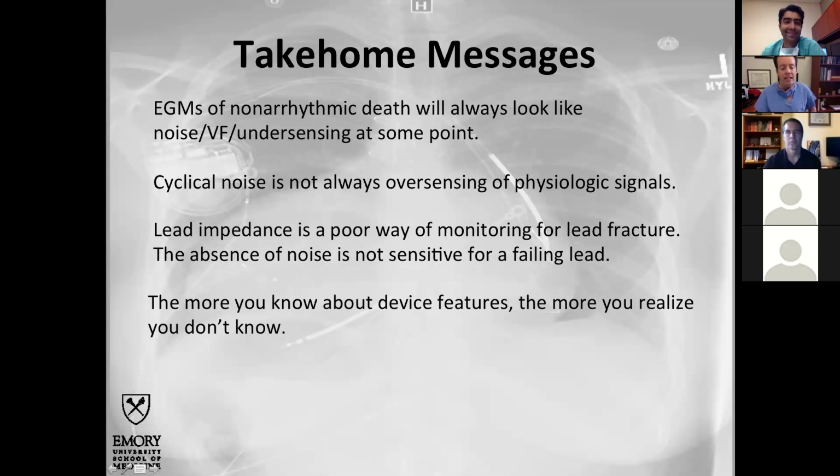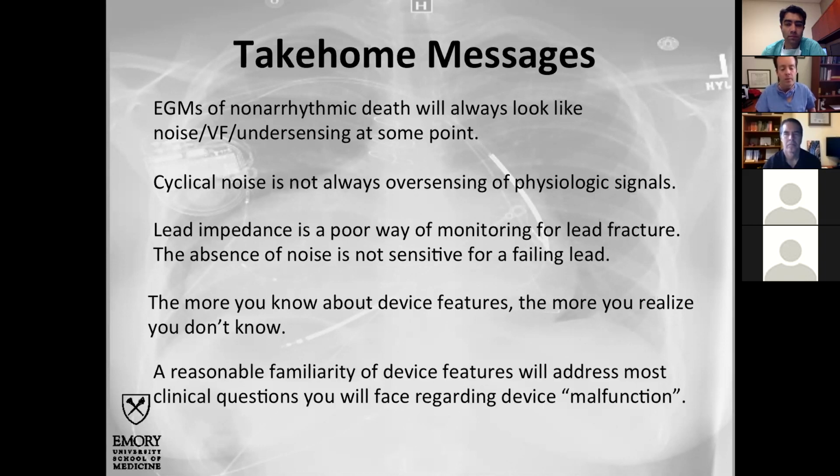You have to at least know the list of automated features. You don't need to know how they operate, but you need to know that they exist. And the more you think you know about these things, the more you realize that you don't know. They're very complicated algorithms, and you can really get into the weeds, but just know they're out there and have a cursory knowledge of them. And then a reasonable familiarity of these features will address most clinical questions that you're going to see,